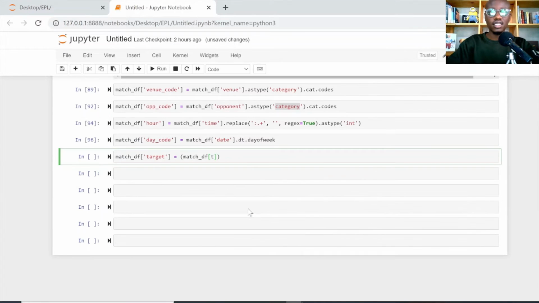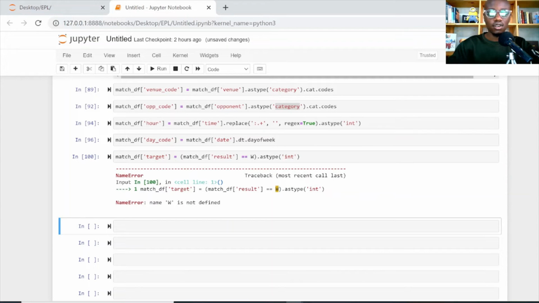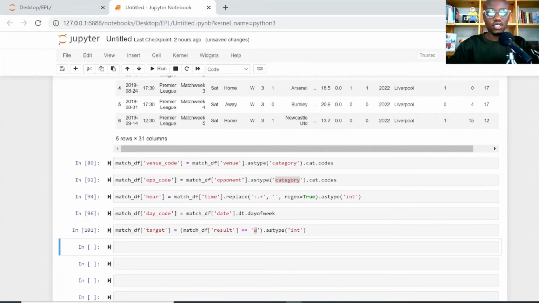It will take the result, and if the result equals win, it will convert it as type integer. Okay, that looks fine. Let's run this. I think I've made a mistake. This is supposed to be inside a bracket like that. Perfect. So when we run this again,